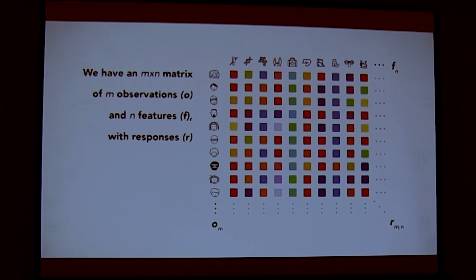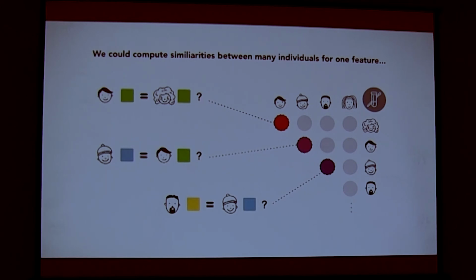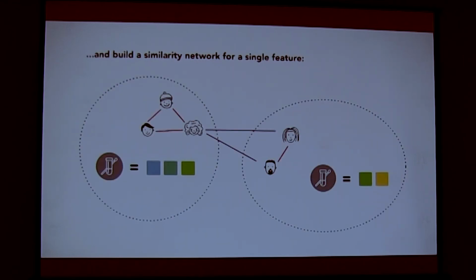So in summary, we had an M by N matrix, M observations, N features, with all of these responses. We could compute similarities for one feature between every individual, and then we might have a network of all of the individuals in our sample, and so we might end up with clusters where everyone in one group had the same blood protein value,